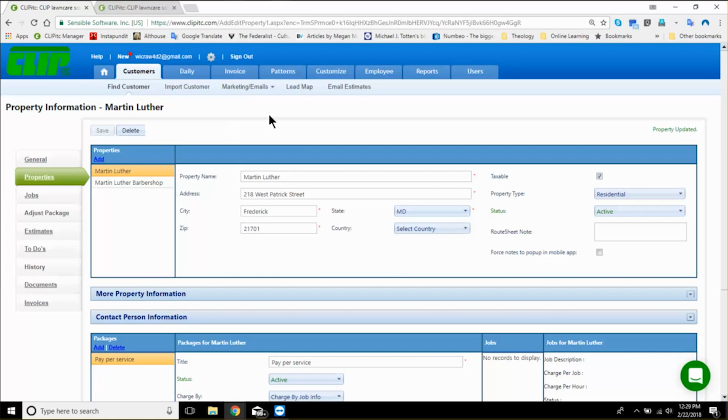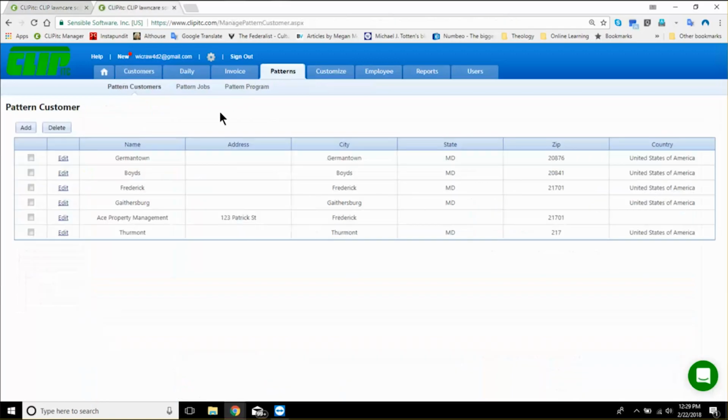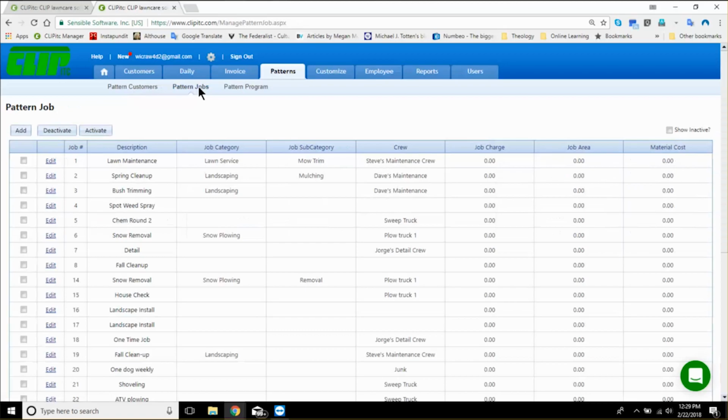got these check boxes. If you were to look at pattern jobs, you'd see the same thing, that to the right of fields would be check boxes. What this allows you to do is, let's say you rename pre-emergent to early spring application, for instance. Well, you've set up 100 customers with it saying pre-emergent, and you think, do I have to go through and change all 100 of those to early spring application? No, you can come into the pattern, change the name here or other field information, check this box, and click update all rounds, and it would then push that change, that new description out to that service in all the